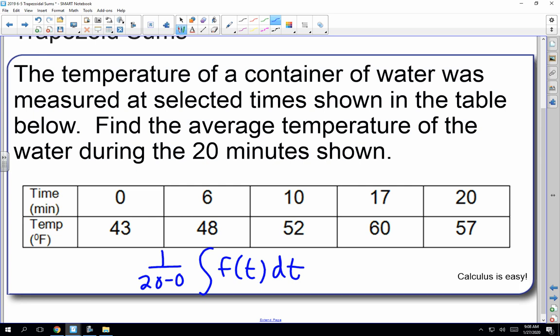And the only way we have to calculate the integral of f of t dt from 0 to 20 is to use some trapezoids there. We got 1, 2, 3, 4 trapezoids to add up. So 1/20th and